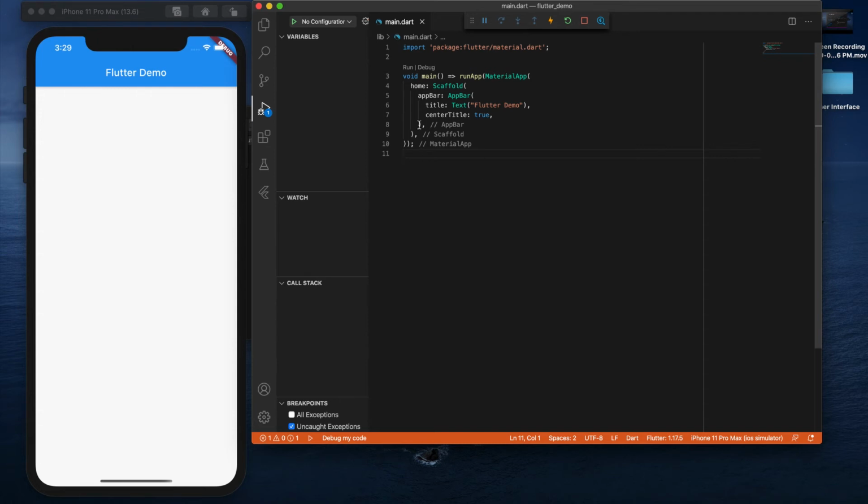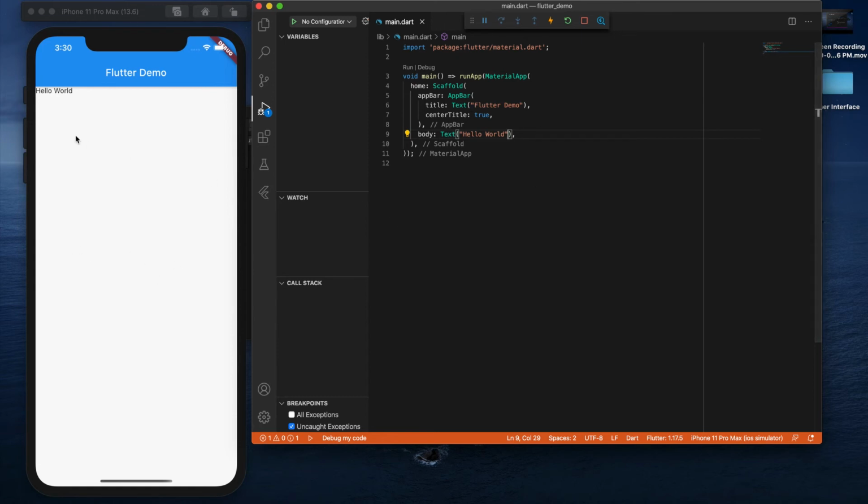Next we need to add one more widget. The next thing I want to create inside the scaffold is a body property. In that body I want to place one text. I'm just writing hello world, and if I run it, you can see the hello world appears on the simulator at the top left. But in the default application when you run a Flutter app, you can see the text appears in the center. We can also do that.